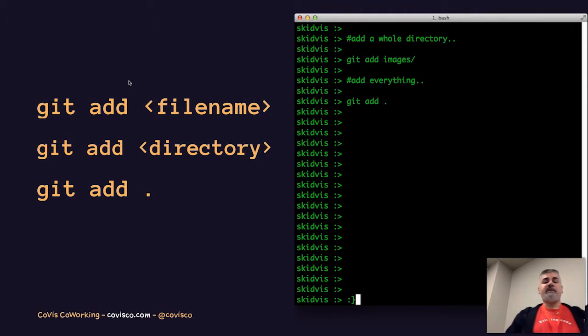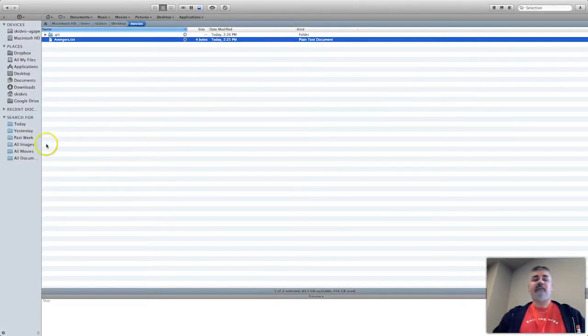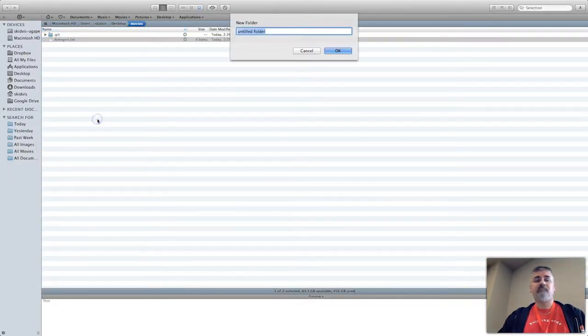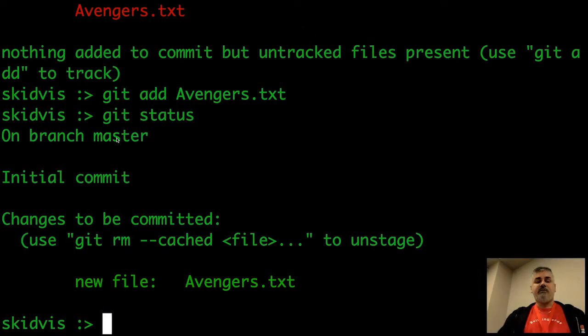There's other ways to use the git add command. You can use git add and then the name of a folder or directory. So if I, for instance, had a folder full of images, let's just go ahead and say I have a folder called images,